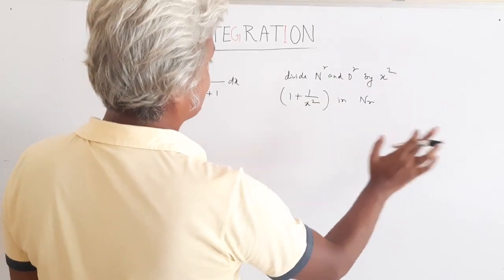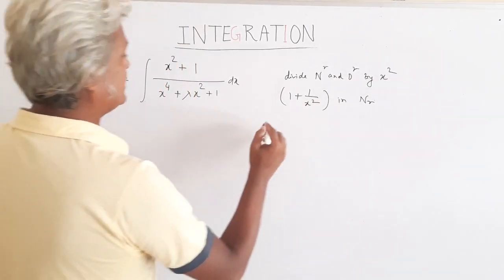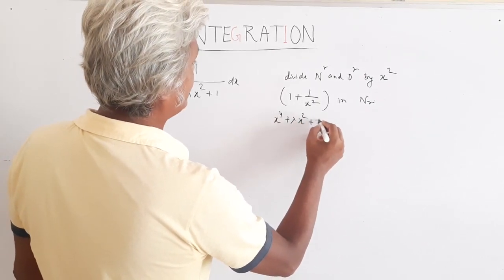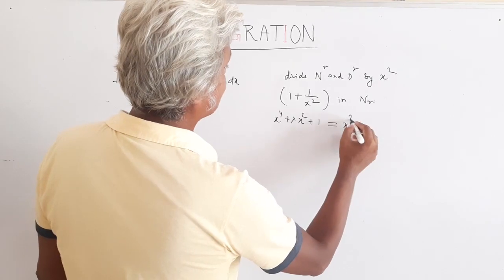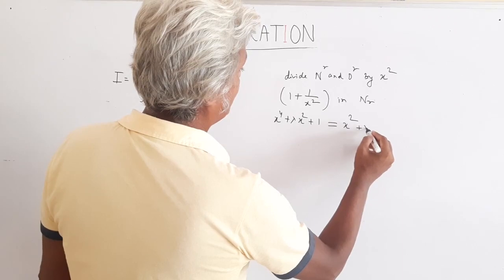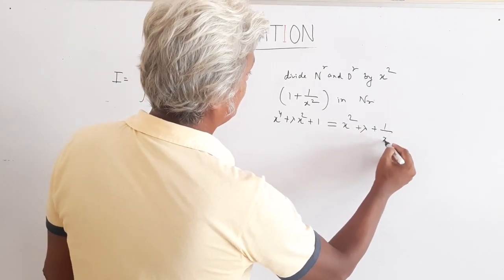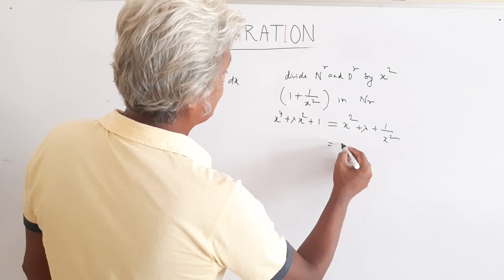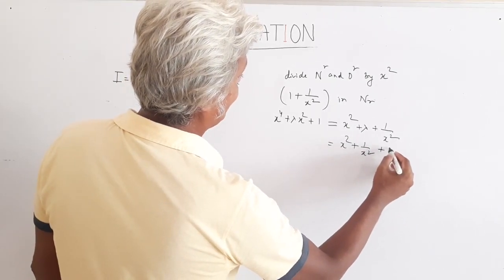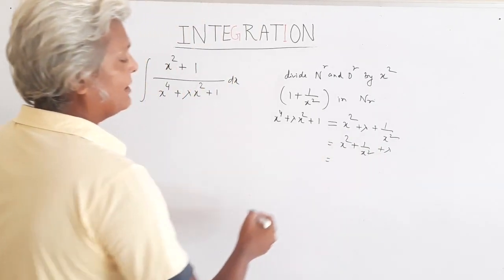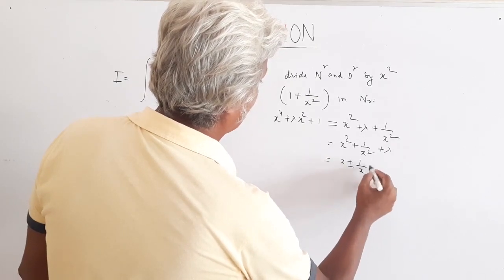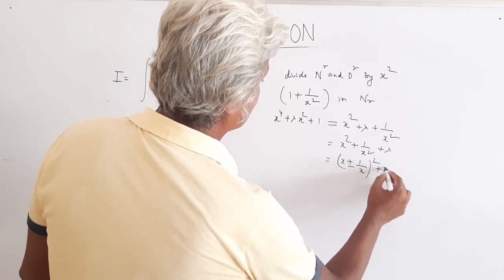In the denominator, x to the power 4 plus lambda x square plus 1 becomes x square plus lambda plus 1 over x square, that is x square plus 1 upon x square plus lambda, where x square plus 1 upon x square can be written as x plus minus 1 over x whole square plus lambda,